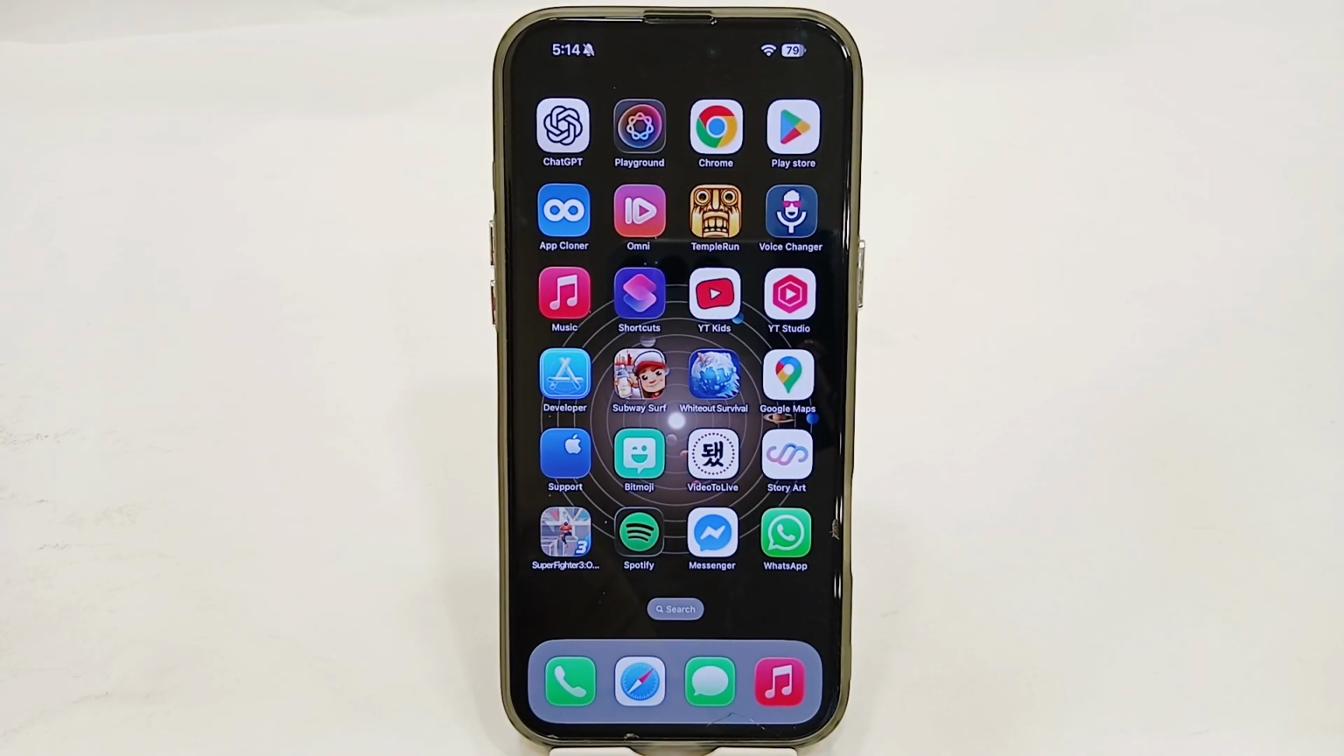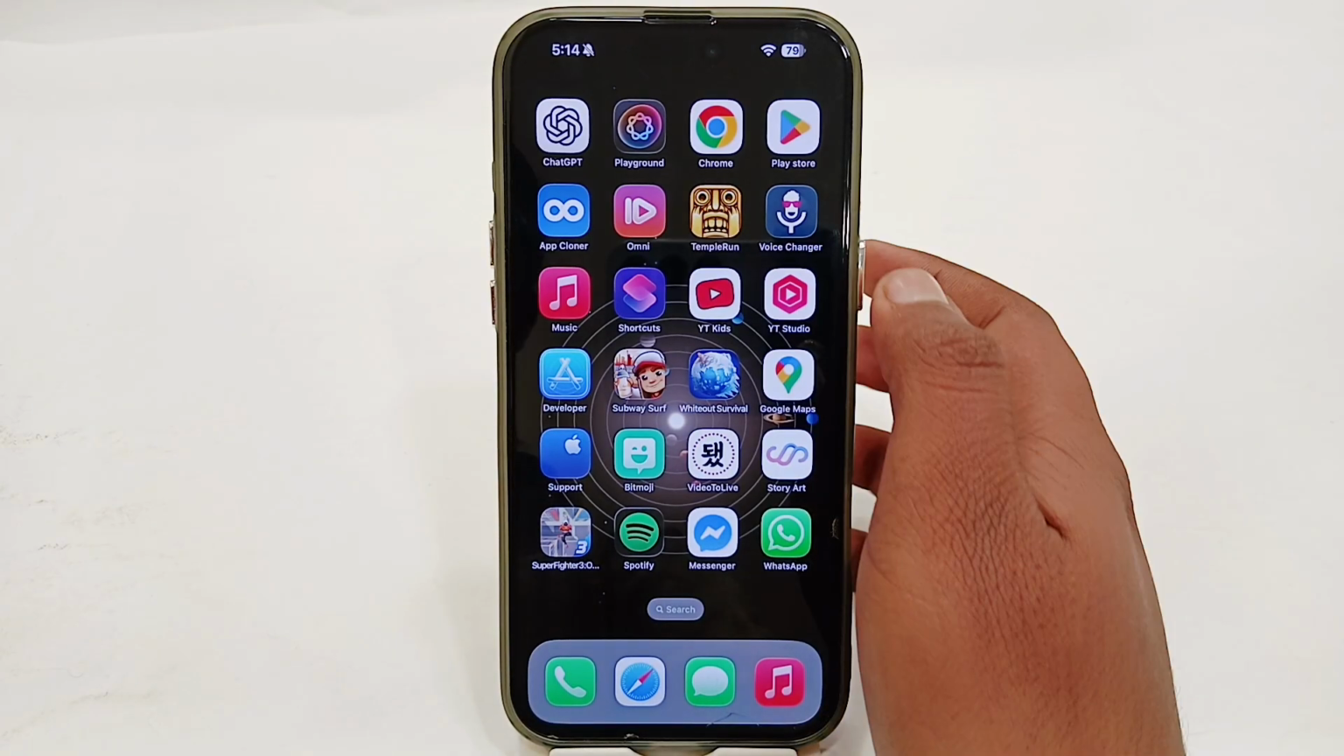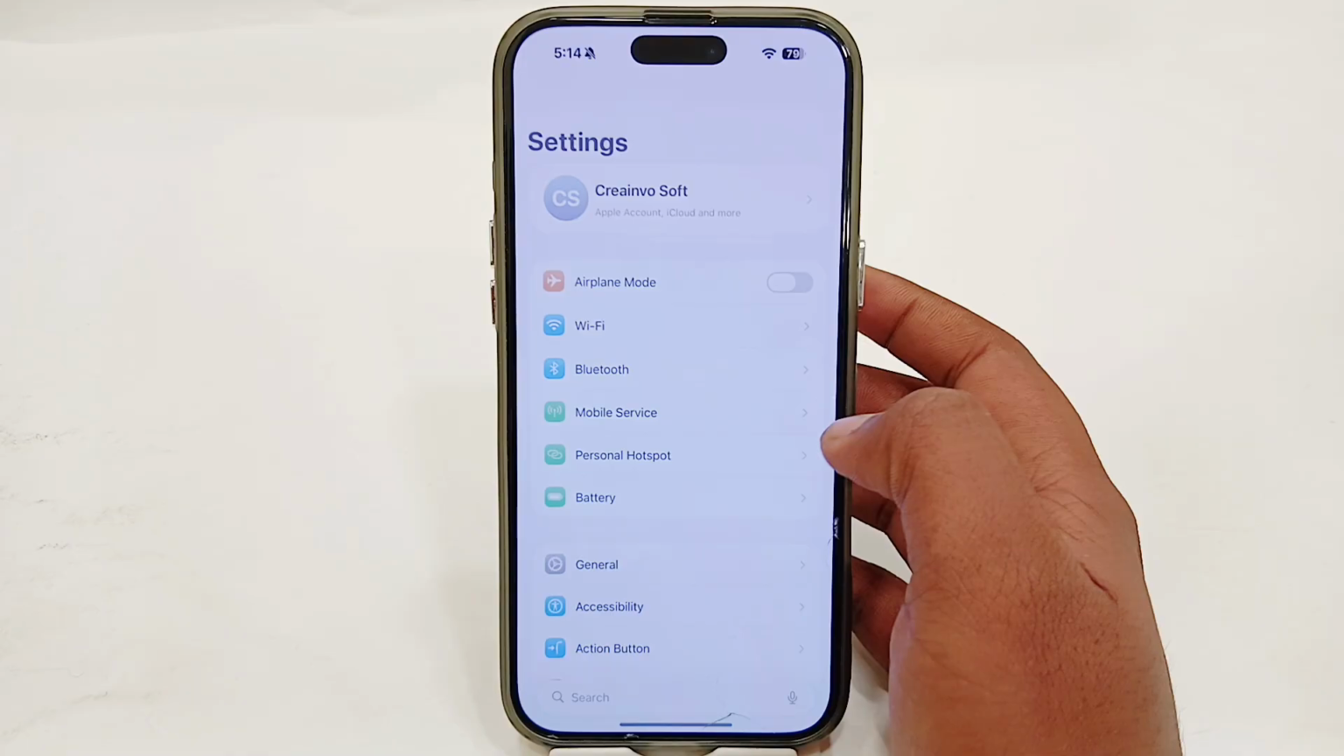Hey guys, today I'm going to tell you how to change app color on iPhone. If you are using any iPhone and you want to change your app color, let's see how you can do that. The very first thing, you just have to open your Settings app, and here just